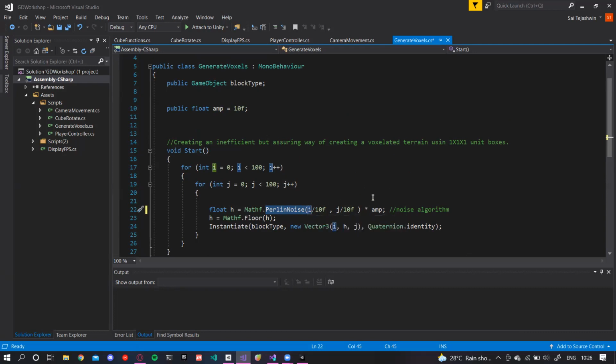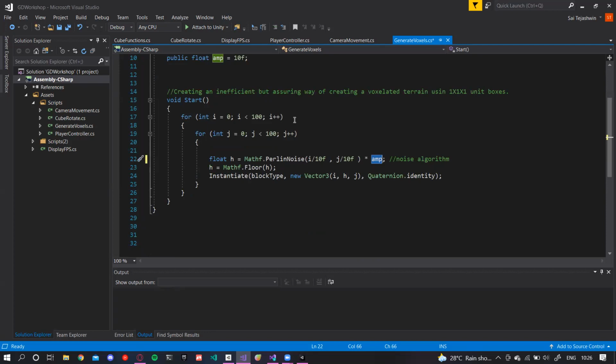Sometimes it goes up, sometimes it goes down. Don't care about it for now. These are the things I added to make the terrain a little more uniform. If I don't add Perlin noise, it instantiates